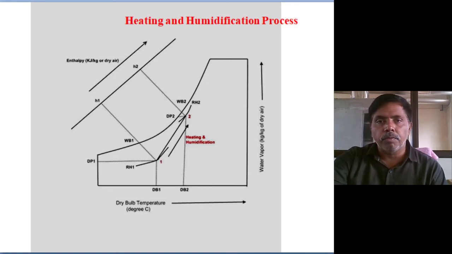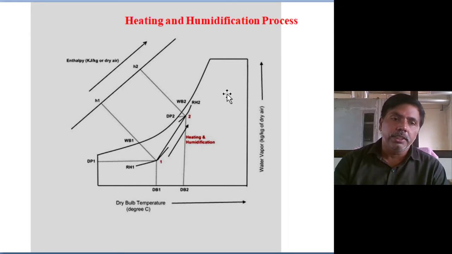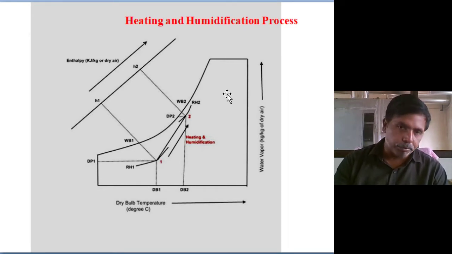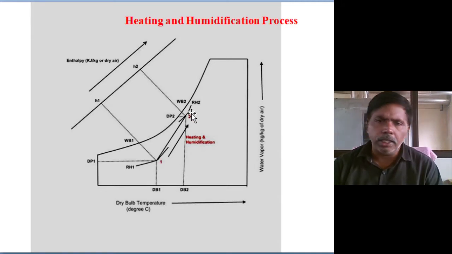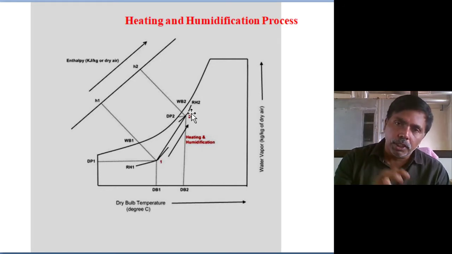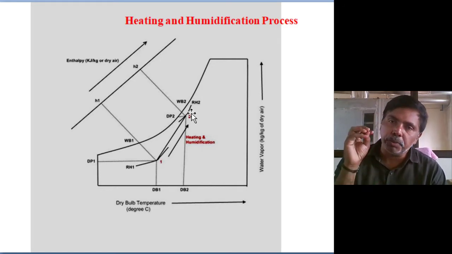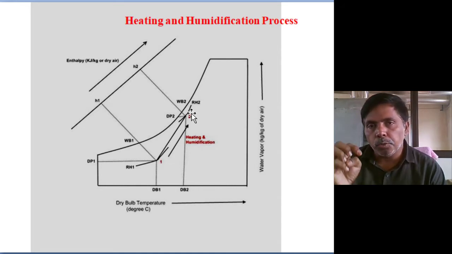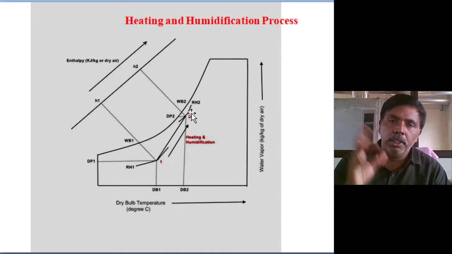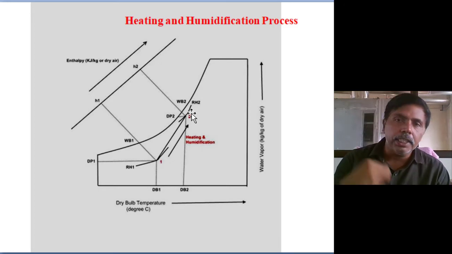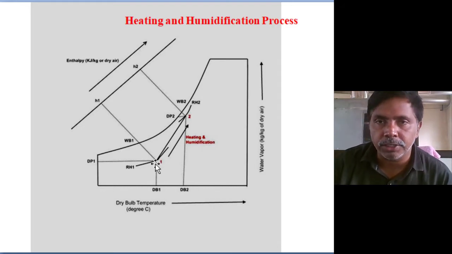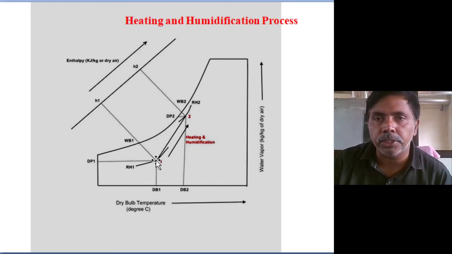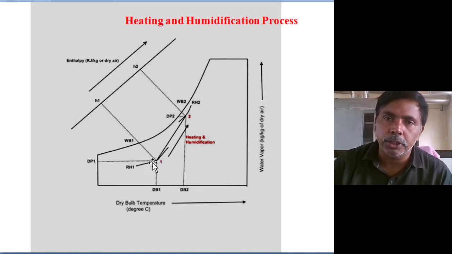The next method, heating and humidification. You can see in heating and humidification, it is the same: I want to raise the temperature and I want to add moisture. Here also, with direct hot air and hot water, you can spray atomized hot water upon the air, and the humidification and heating will automatically complete. But in practical industrial mode, continuous high velocity of airflow is required, so contact time is very low, so the temperature rise is practically not possible by direct spraying of hot water.